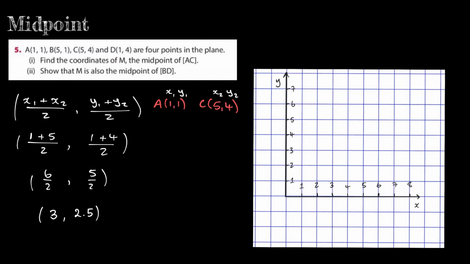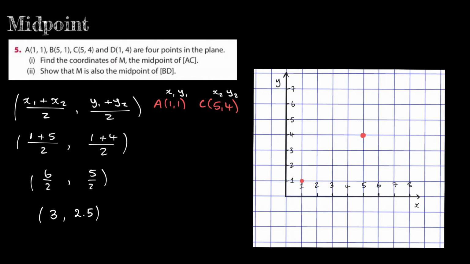Just to make this more visual, what I'm going to do is I'm just going to plot that point. So if we take that point A, which was 1, 1, and C, which is 5, 4, you can see that line there. And that's going from here. It is going from,